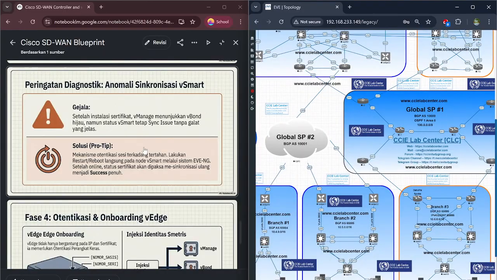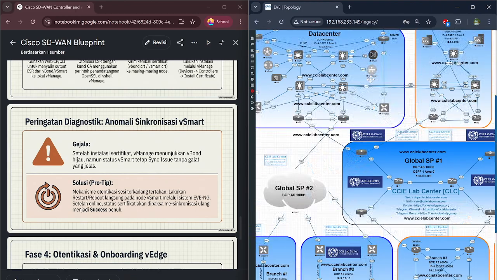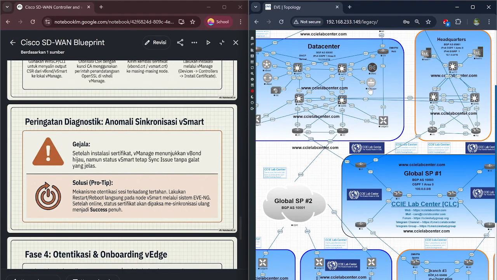And now to the diagnostic warning: vSmart sees anomalies and symptoms after the certificate installation. vManage shows vBond as green online, but the vSmart status remains stuck on a sync issue without any clear error message.